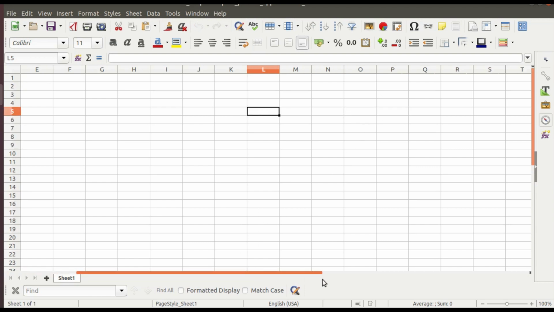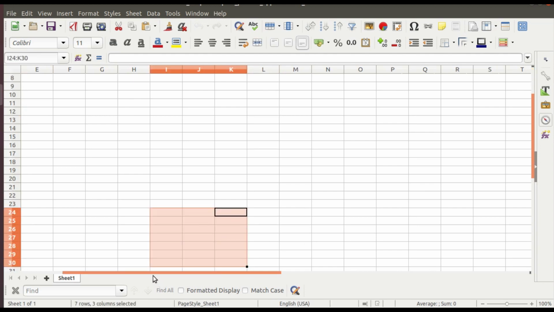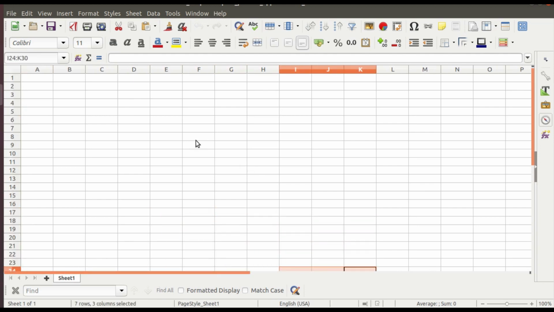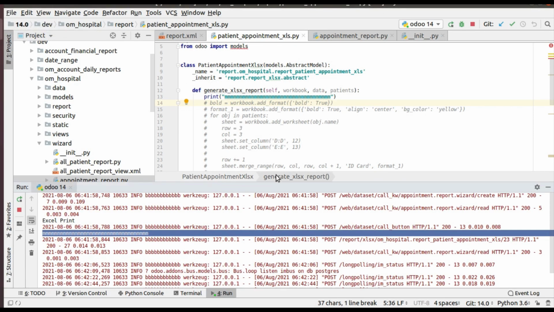Now you have to design the content. Right now it's an empty sheet. Now simply you have to align or design the template and place your data from the database. So let's see how we can do that. I hope you understood what we have done so far.